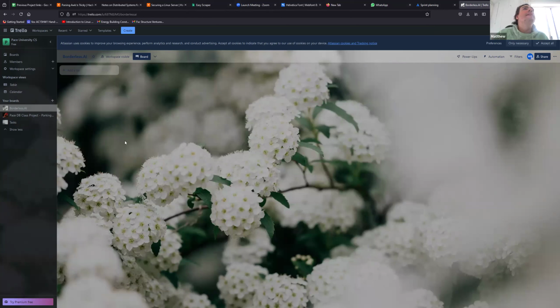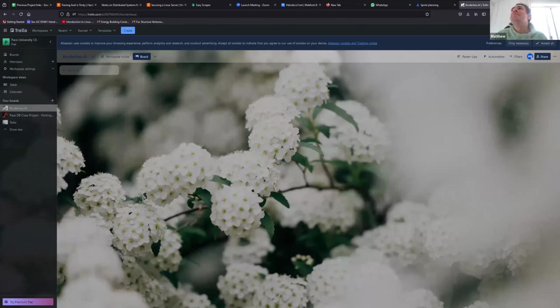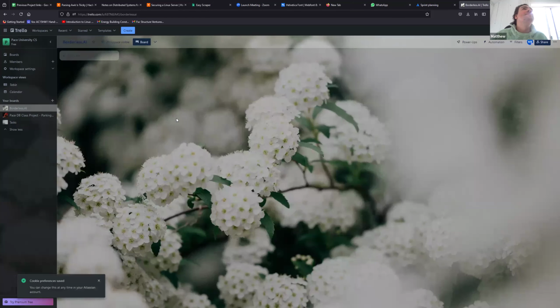You can make almost like sticky notes. I feel like they changed the UI and I'm not familiar with it anymore. Wow. Okay, yeah. So we can make lists.